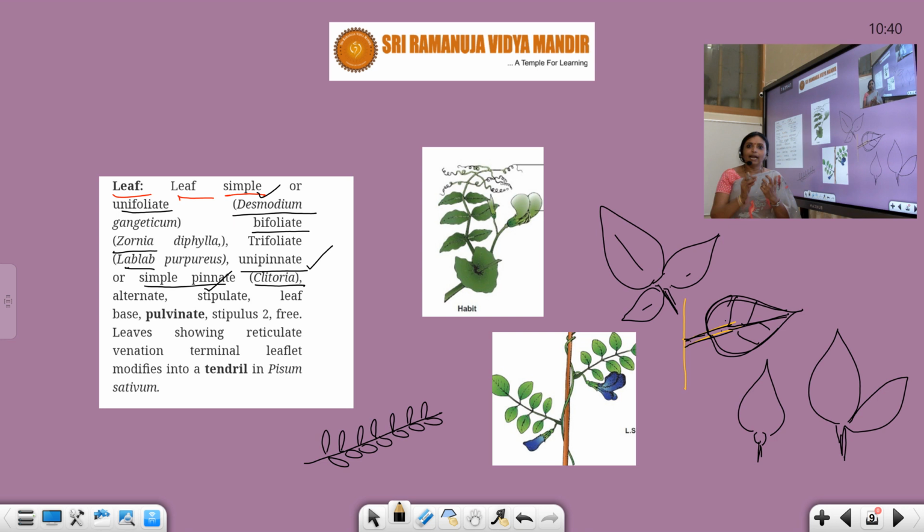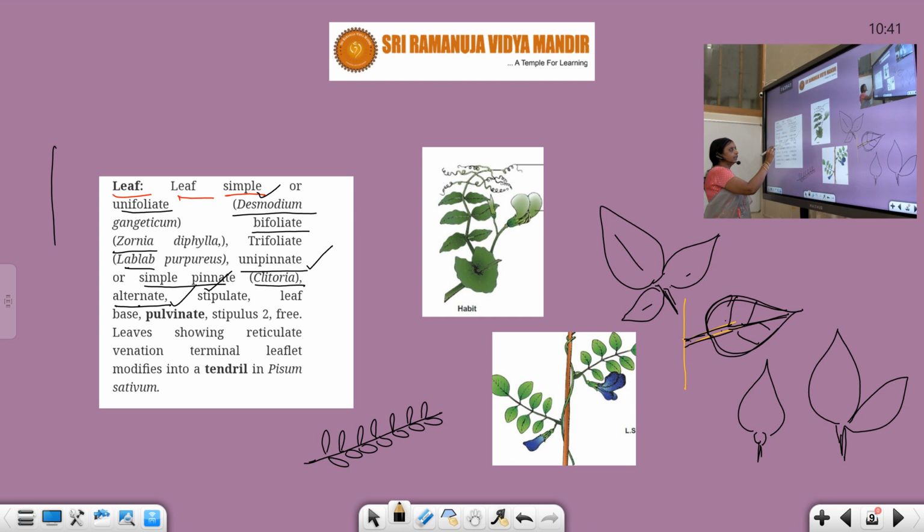And next to this point, now let's see the arrangement of leaves. That is called phyllotaxy. Which type of phyllotaxy is written here? Alternate. Cauline means if the leaves are present on the stem. If the leaves are present on the branch, that is ramal. And if leaves come from the root part, radical, that is called radical type of leaves. So it is generally cauline, and also present on the branches.